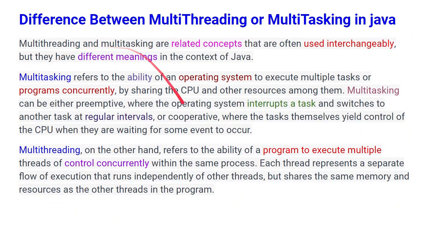So these are some differences you can see. Multi-threading and multitasking are related concepts that are often used interchangeably, but they have different meanings in the context of Java. Multitasking refers to the ability of the operating system, and multi-threading refers to the ability of a program to execute multiple threads. So this is multitasking: it depends on the operating system, and multi-threading depends on the program to execute multiple threads of control